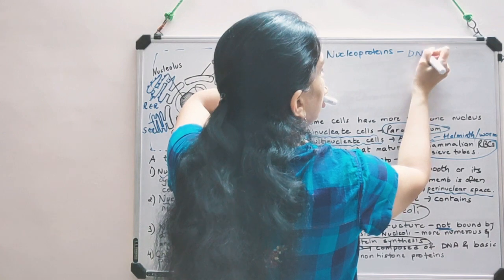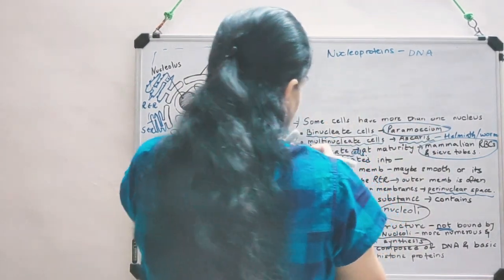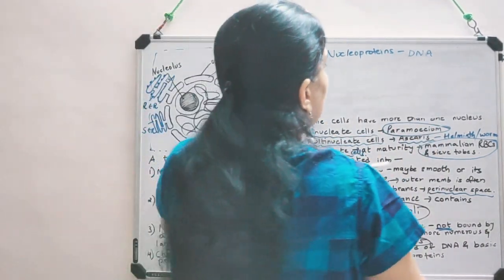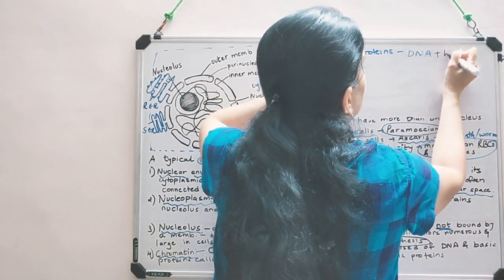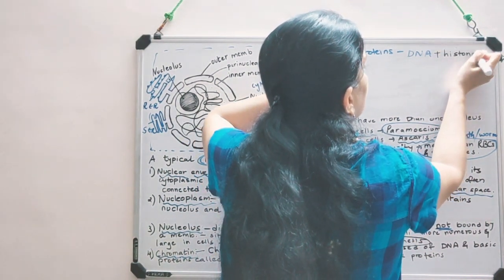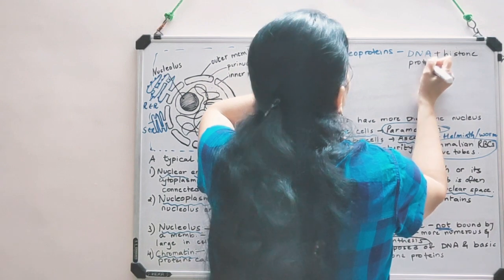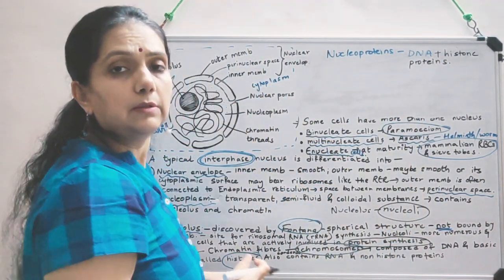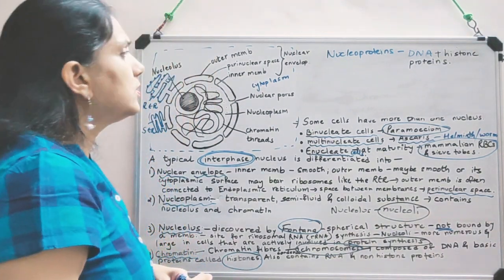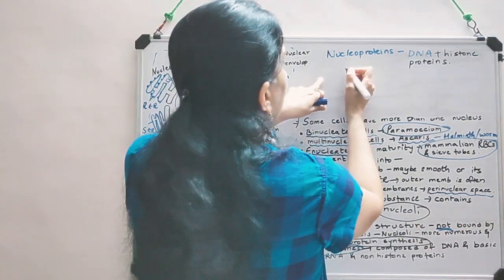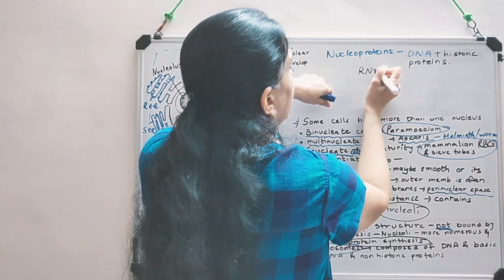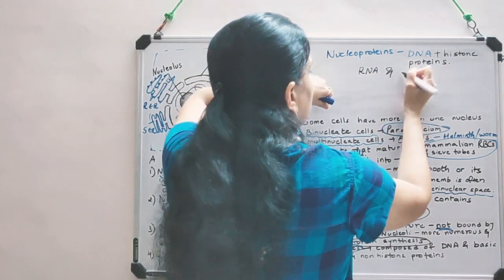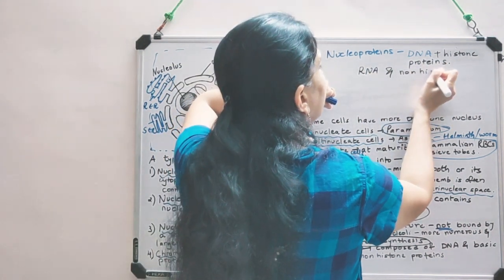So it is made up of DNA and basic proteins, so you can just remember DNA plus histone proteins. And these are the chromatin threads. Now it also contains some amount of RNA and non-histone